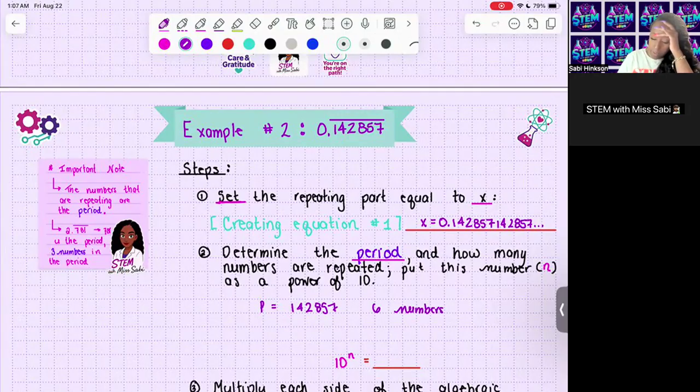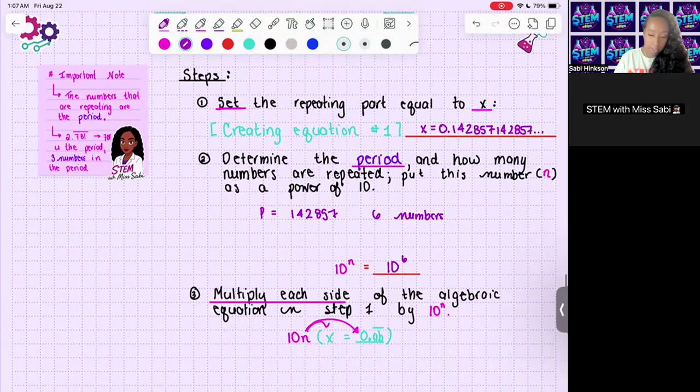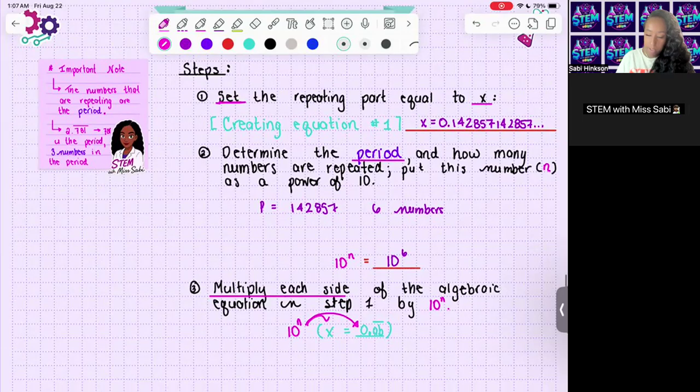Okay. So then our 10 to the power of n is 10 to the power of 6. Then we're gonna multiply both sides of equation number 1 by 10 to the power of 6, which